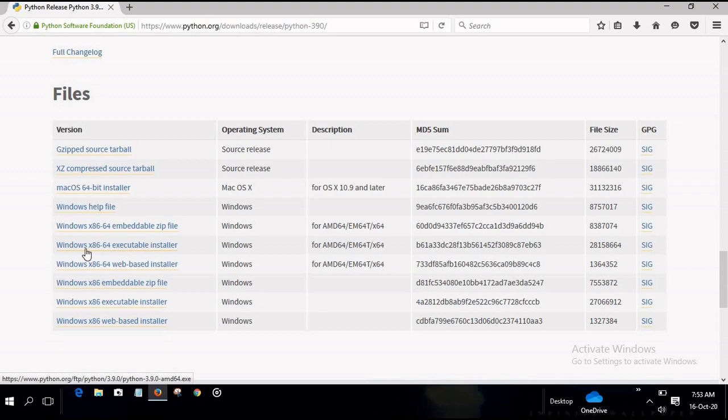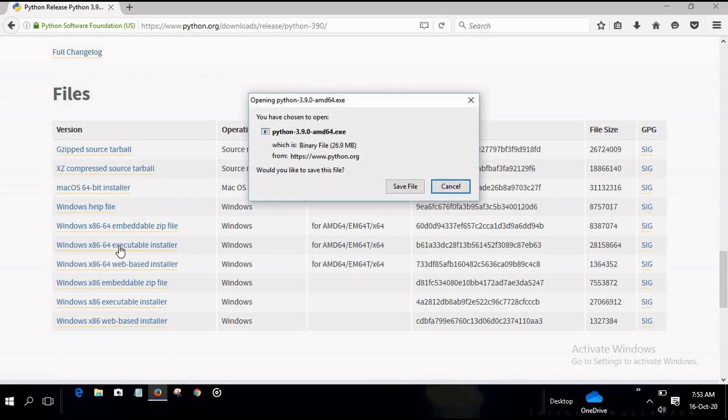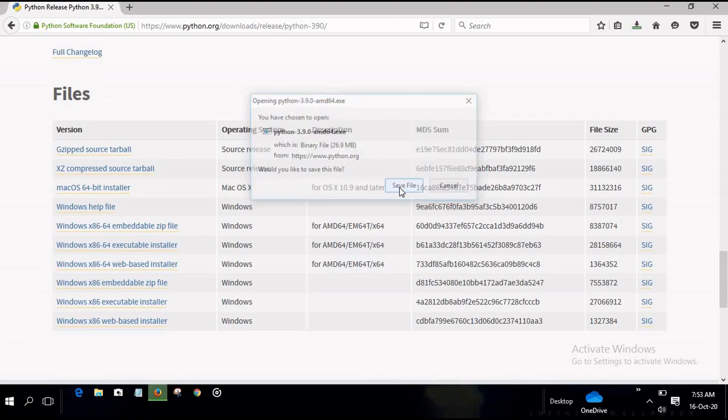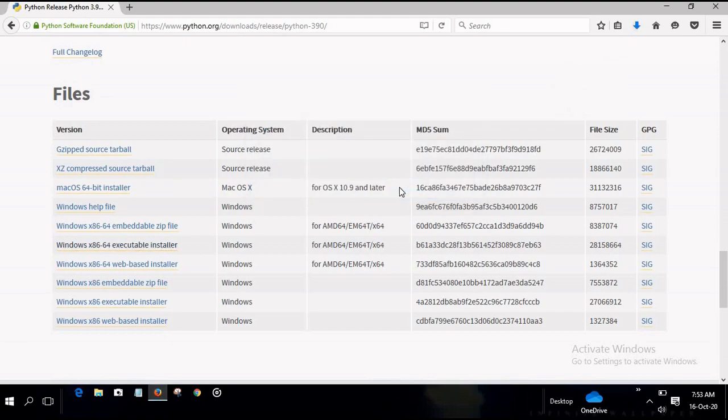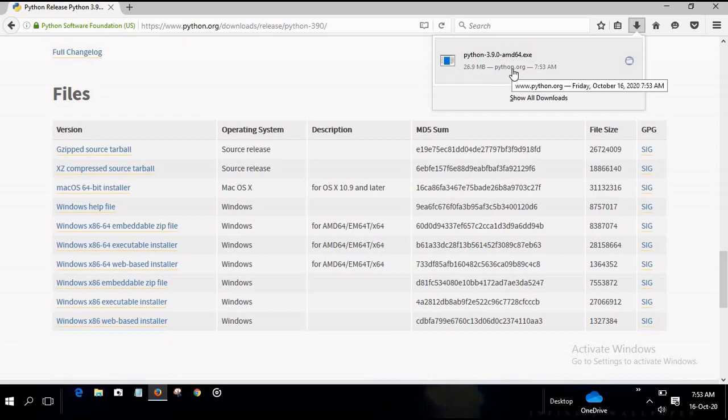My operating system is 64-bit, so I am going to click this one. See, you have to click on this Save File. See, my software is downloaded. Click on the downloaded file.